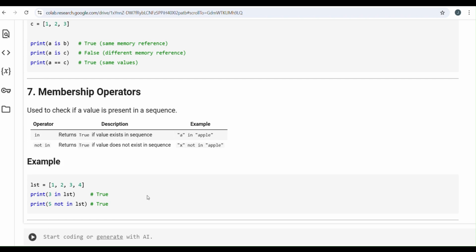So let us take a list. There's a list of numbers, that is 1, 2, 3 and 4. There are 4 numbers in the list. I will ask the list whether 3 is in the list. What am I asking? 3 in list. Obviously 3 is in the list, so what would be my output? True. Similarly, if I ask the list, is 100 in your list? Then it will not give me true. It will give me false as answer.